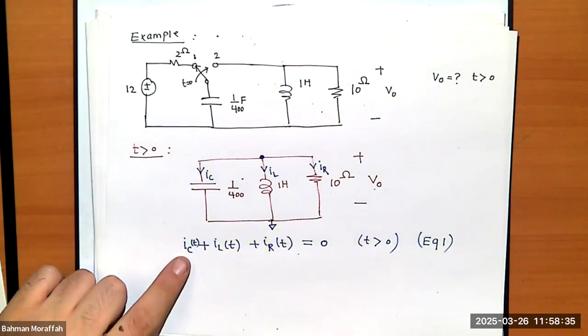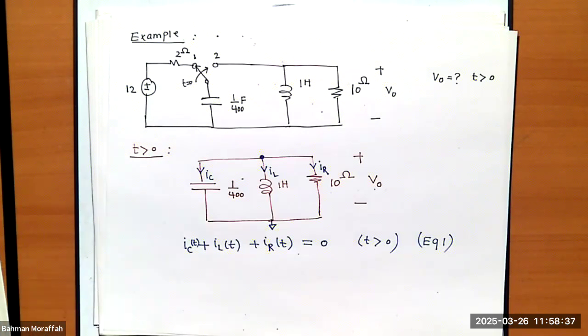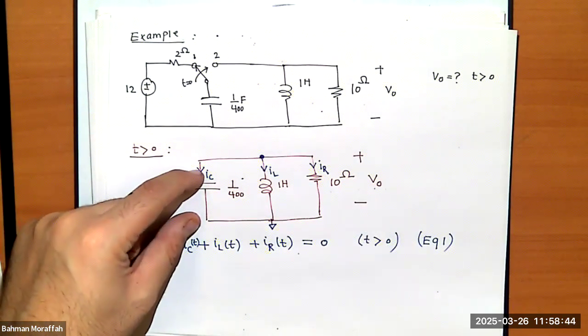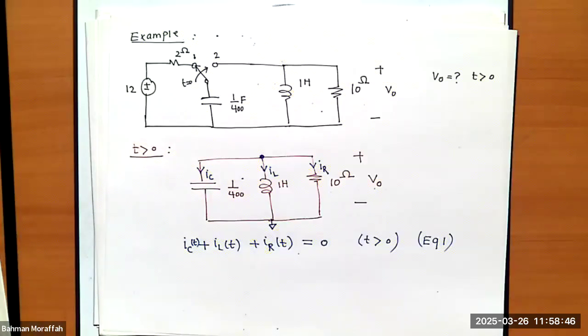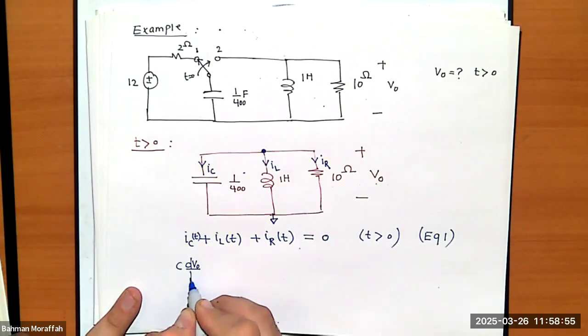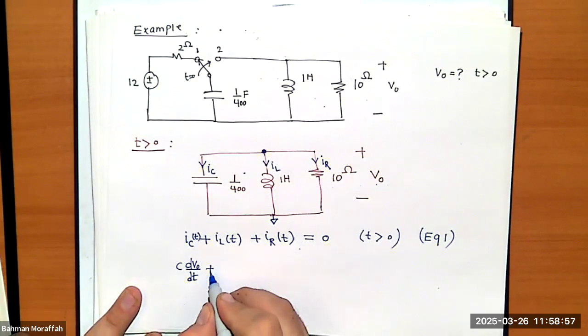So what is IC of t? I know voltage across it is V out, and I know current through it is IC. What is the relationship? IC is C dV/dt. So IC of t is C dV out/dt, plus